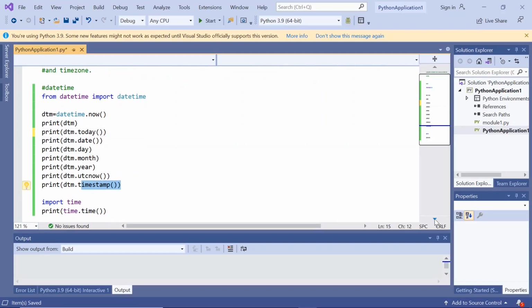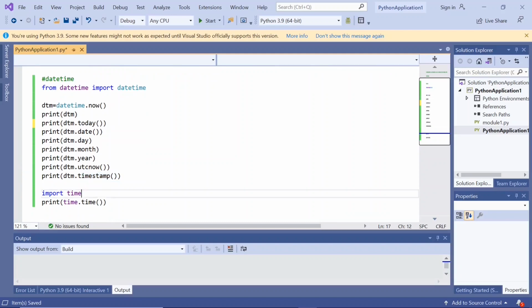And here we are importing time and printing time.time, which is nothing but epoch time. It is the number of seconds that have passed from 1st January 1970 to the current time. The same is the case with timestamp. It gives us the number of seconds that have passed from 1st January 1970 to the current datetime.